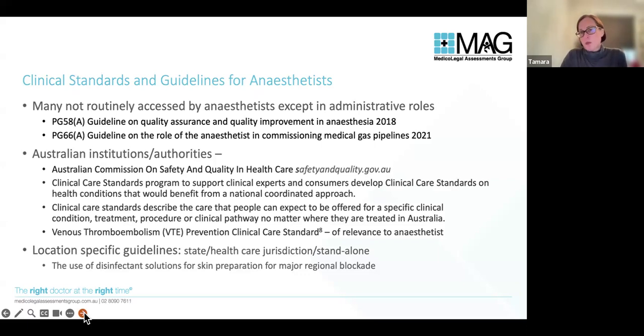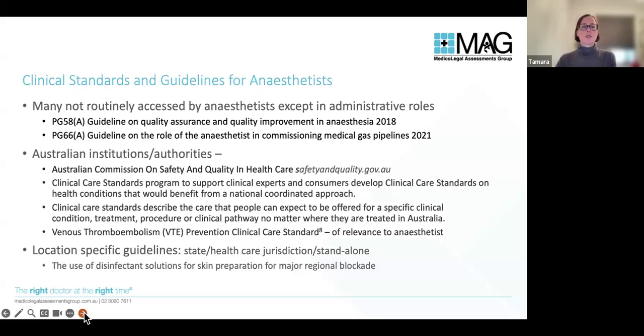Now, I've done that once with a much older version of the guideline, where I was terrified that I was going to cross the pipes and kill everyone with nitrous oxide. But a lot of those guidelines are not of relevance to us in practice. There are some that are very important and very useful that I'll talk about later.